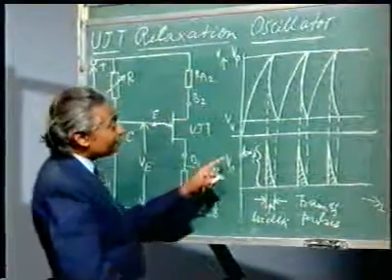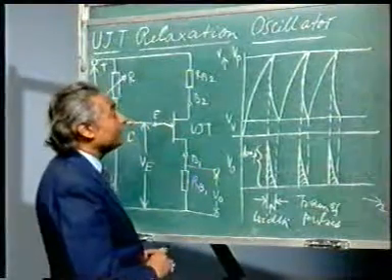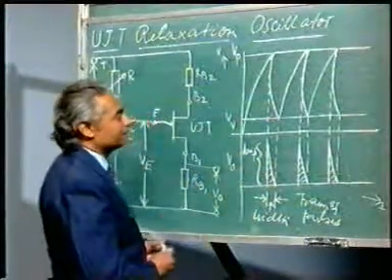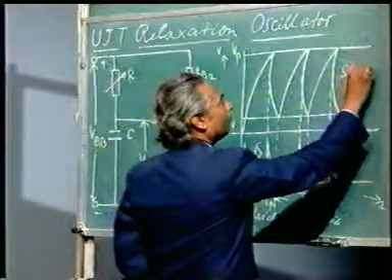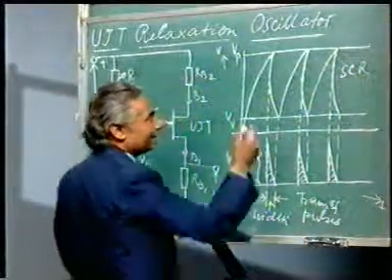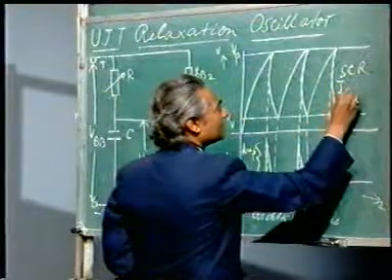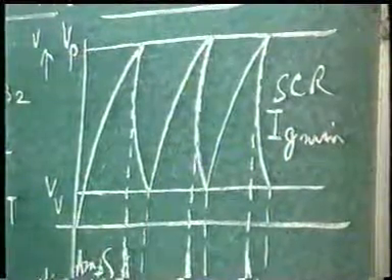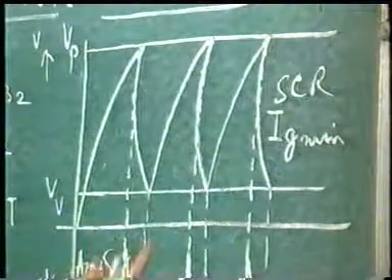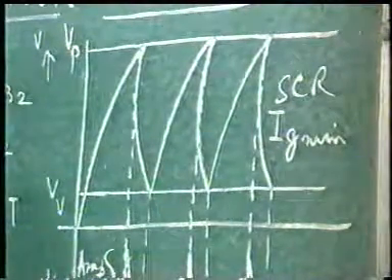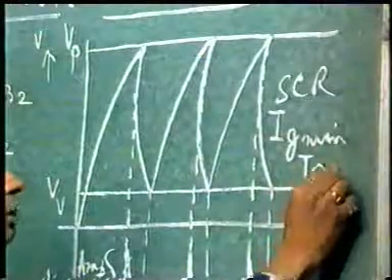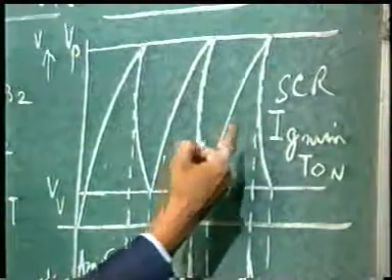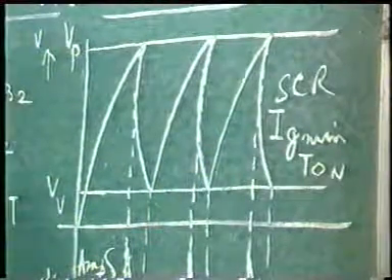Now I have said that this amplitude and width of the pulse are very important. Why? Because we want to use these pulses for triggering thyristors such as SCR or TRIAC, etc. And in SCR you remember that one current which is known as Ig minimum is very important. Unless you give Ig minimum, the device will not conduct. This current has to be given at the gate of the SCR. Similarly, there is turn on time T on, that also has a specific value. If you do not hold the current till this T on, the device will not conduct.